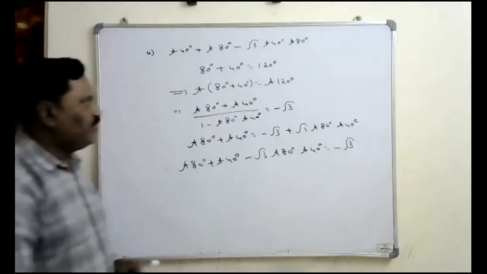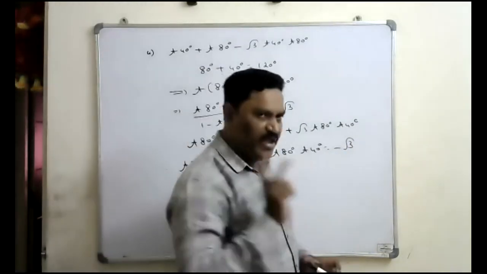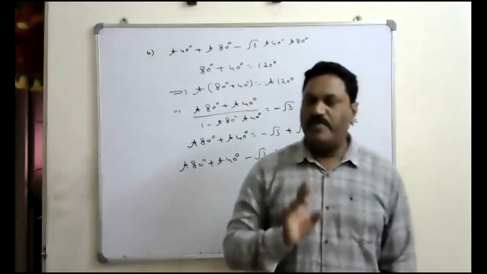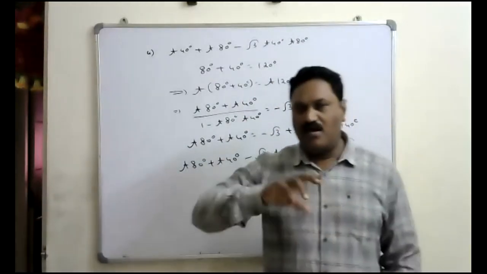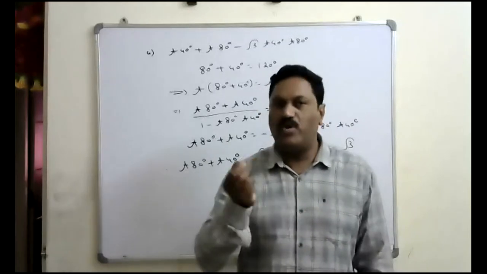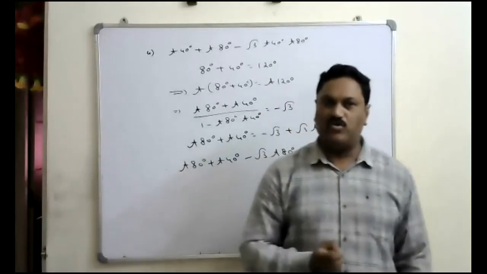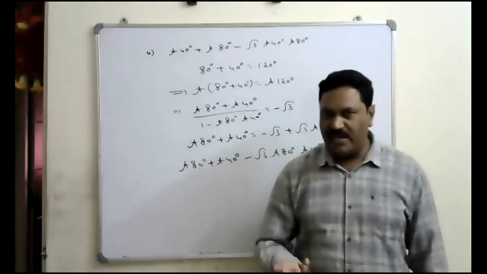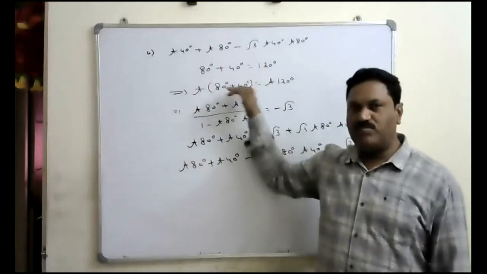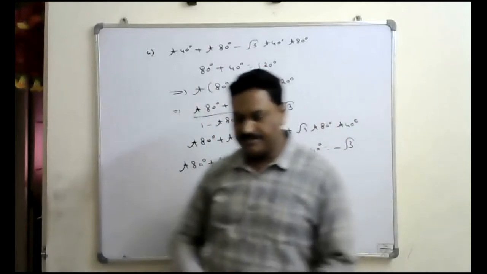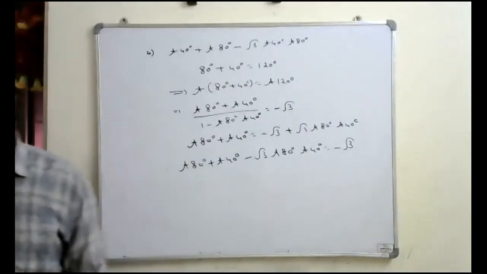Always remember that whenever some unknown angles are given, the sum or the difference of the angles should be a known angle. Then only you can solve them. Whatever the known angle we are getting, take that condition, apply the required function on both the sides and simplify it, you get the answer.